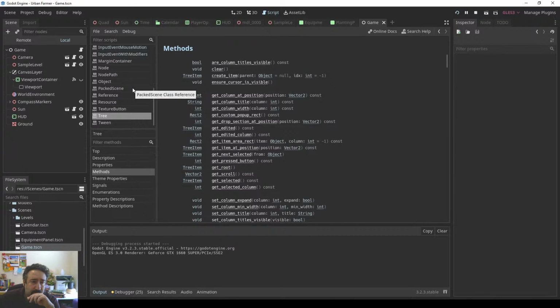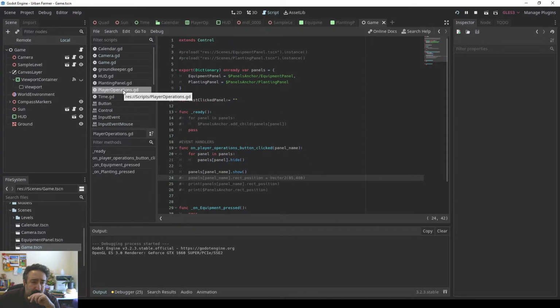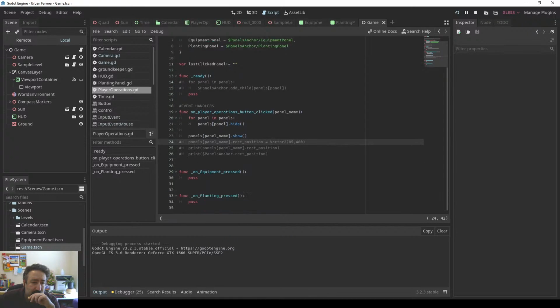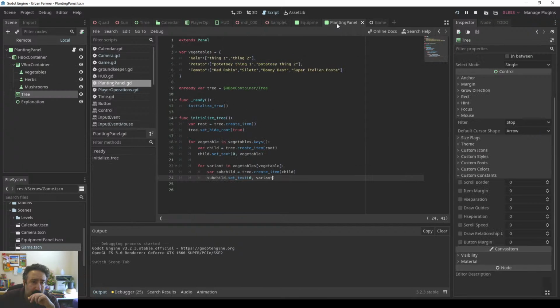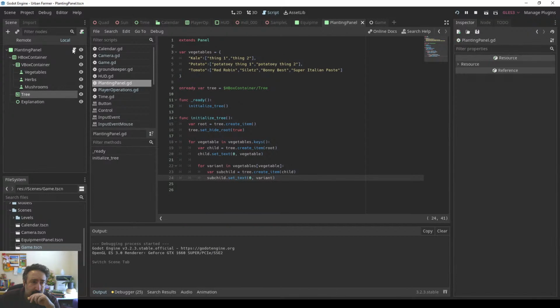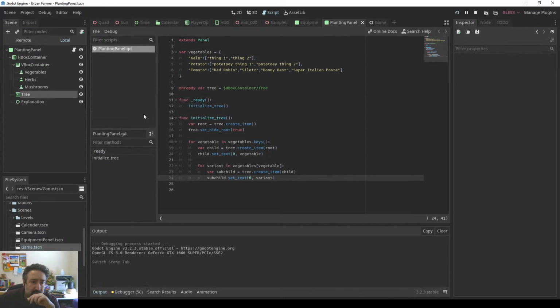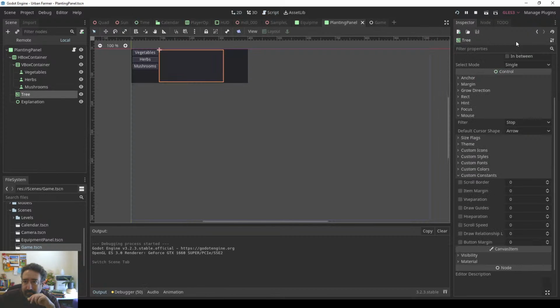We're creating. Let's go into player, inside player operation, planting. Inside here, planting. Let's close all other tabs and let's open the